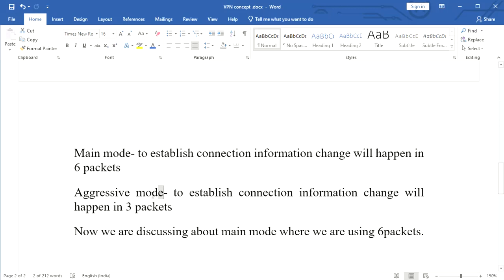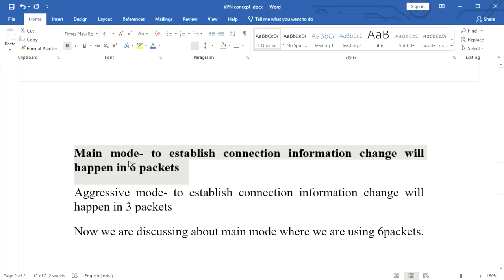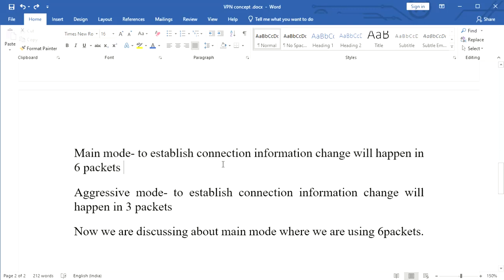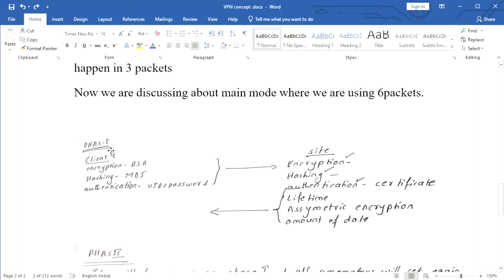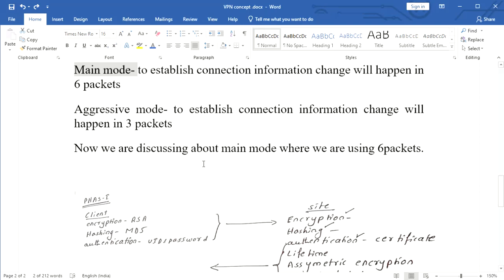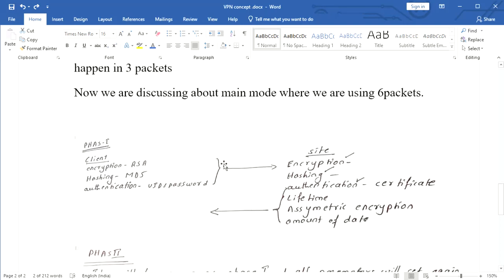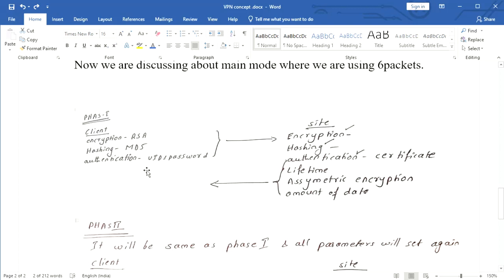So in aggressive mode, three packets are used to exchange the data to establish the connection, and main mode is the one where six packets are used, so the information exchange happens with six packets. That's the difference. Now we are going to discuss the main mode, with six packet information exchange. In phase 1, for the first tunnel, when the client requests the VPN connection,